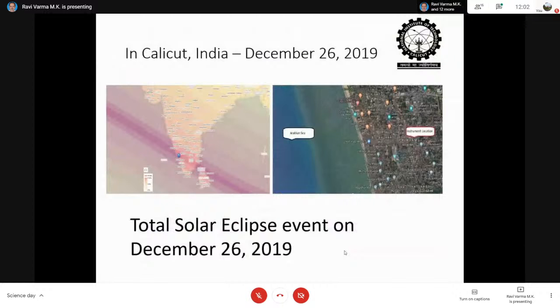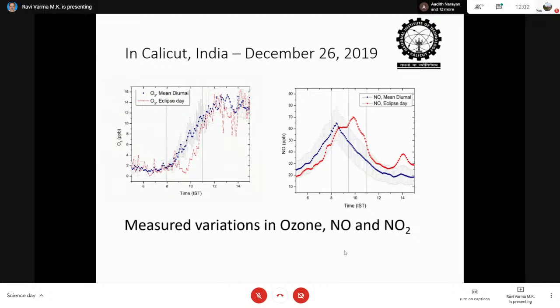So one last important event that I want to point out to you is that we had a total solar eclipse on December 26th, 2019. I'm sure the planetarium had its telescopes available for everyone to view. We also had a small telescope we developed here. And what we did is that we took our spectrometers to the Parliamentary stand in Calicut,